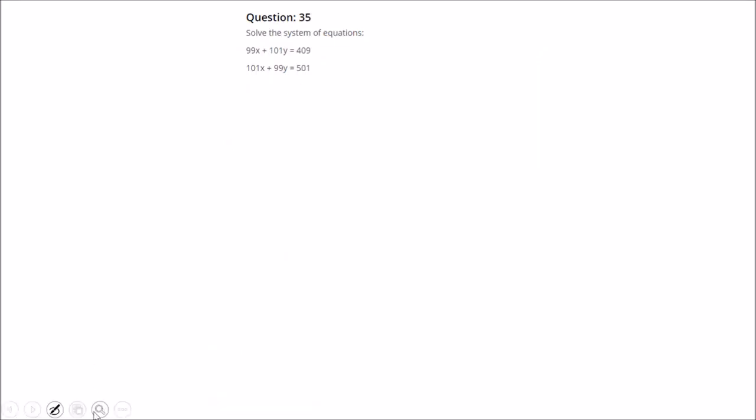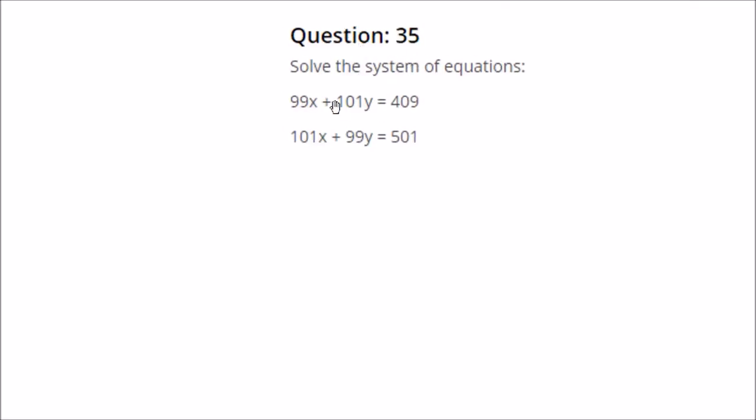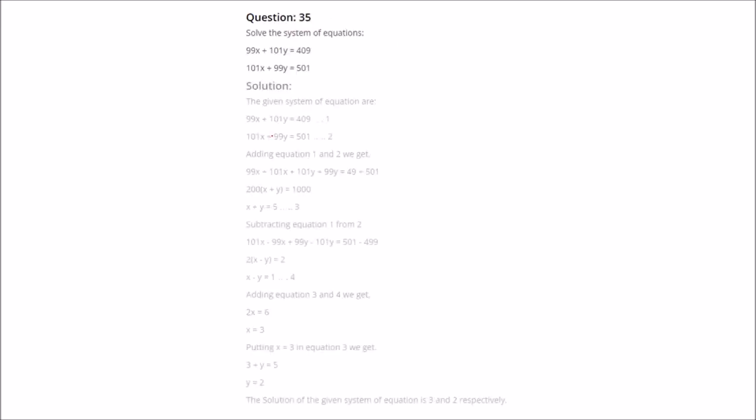This equation also, we are going to solve exactly the way we have done in the previous question. We will first add them so that we get some value, and when we subtract them again we get some value. So the equation will be quite easier to formulate and to solve also. So let us see how it is done. First let us add these two equations.